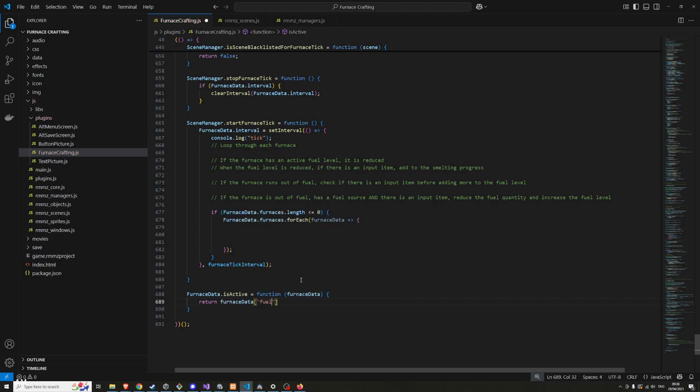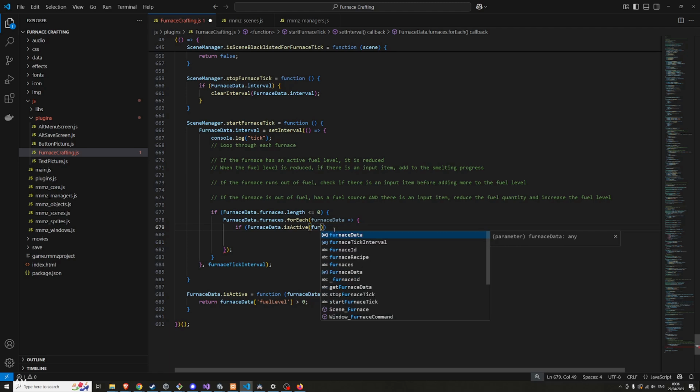Return furnace data, fuel level greater than 0. So if the fuel level is greater than 0, it's currently active and we need to do something. If furnace data is active, and then we pass in this,